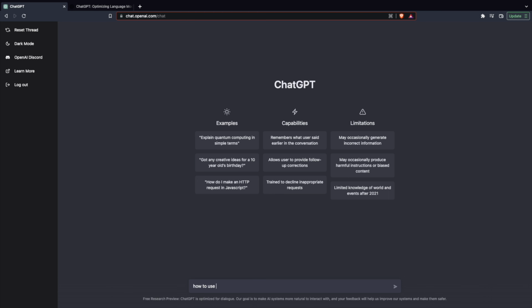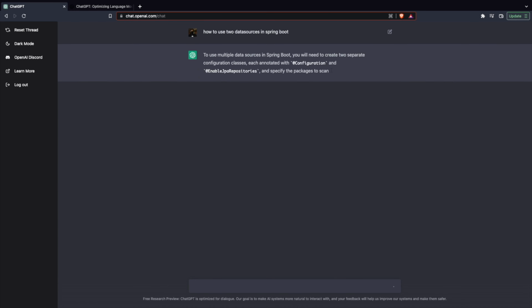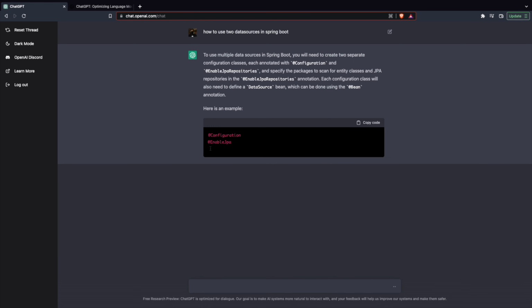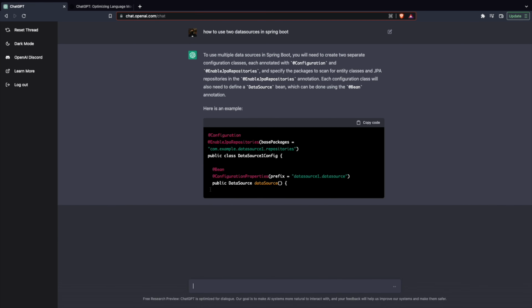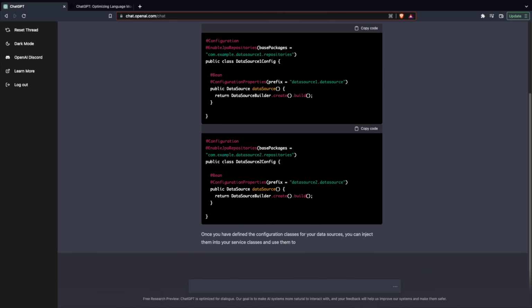How to use two data sources in Spring Boot. I don't think it can answer this because in one of my previous companies we had to use some technique to have two data sources in a single Spring Boot application, two different databases, two different data sources, configurations, everything different. Let's see what it does. Okay, it's just adding only one data source. Where is the other data source? Okay, nice. Wow,